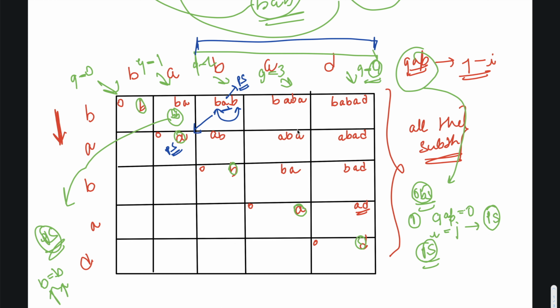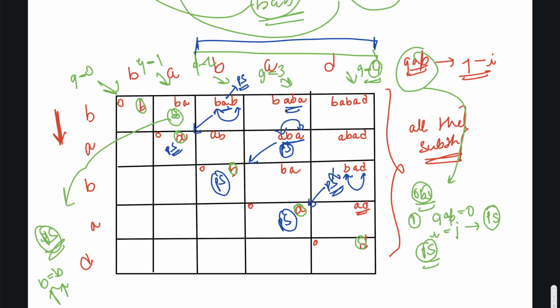Okay. So another ABA. So B is a palindromic substring. And the first character and the last character are also the same. So this is also a palindromic substring. And for this case, A is a palindromic substring. But B is not equal to D. So this is not a palindromic substring.